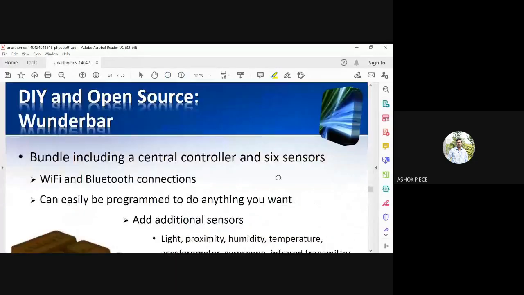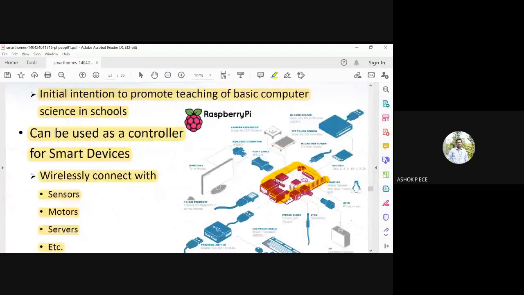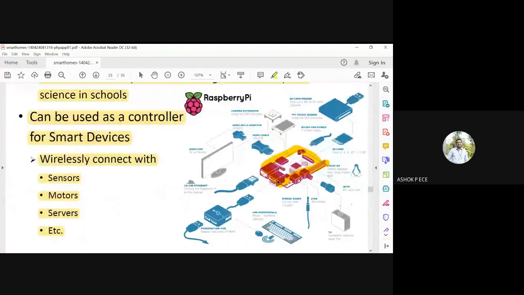See here in the Raspberry Pi, you have a connection to TV. You can connect your Raspberry Pi to a TV and display the information. You have a JTAG for debugging and testing, and a USB peripheral interface for connecting your keyboard, mouse or USB hub. From one USB you can connect to a USB hub, and you can connect all other devices.